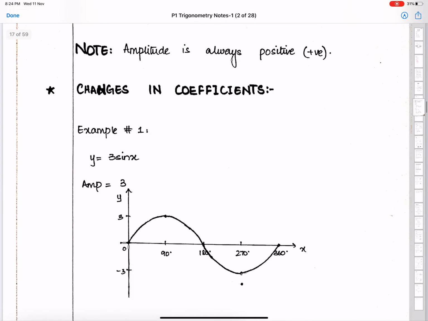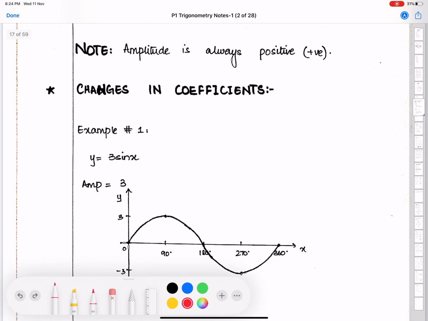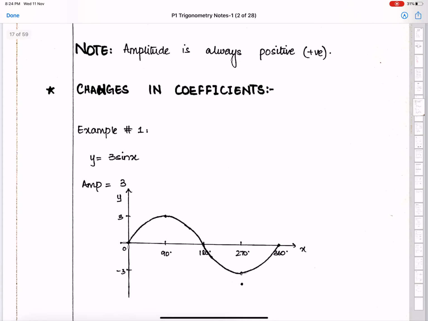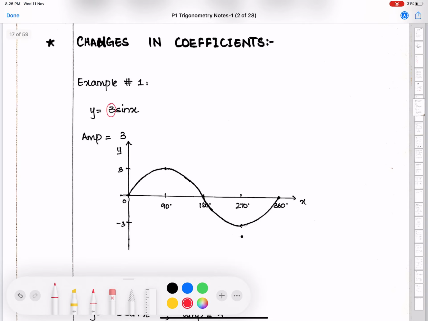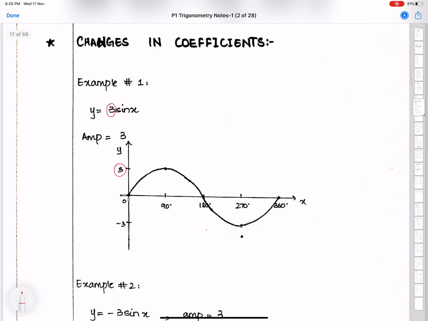This is mentioned here, amplitude is always positive because it is a scalar quantity, distance. Now changes in coefficients. Well, if we have 3 here, then this point will be 3 and this will be minus 3. So these points, this one and this one, basically depend on the coefficient, provided there is nothing else after